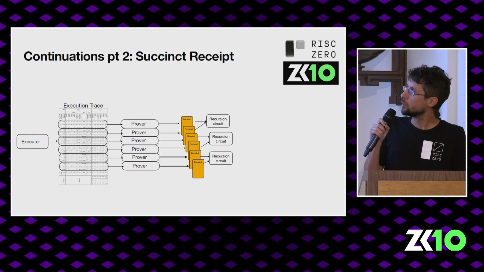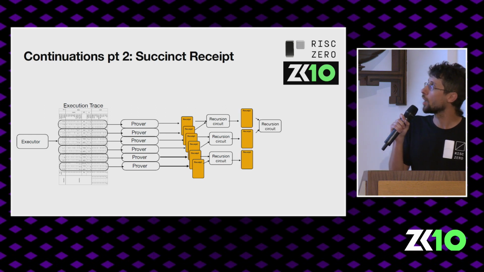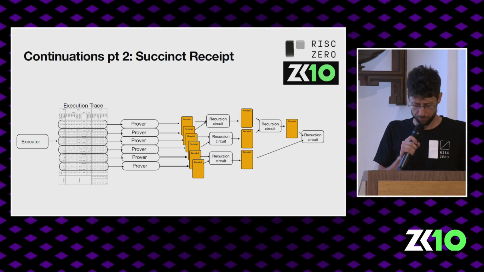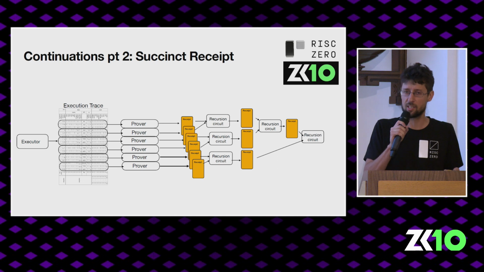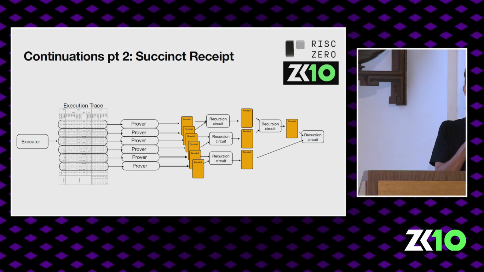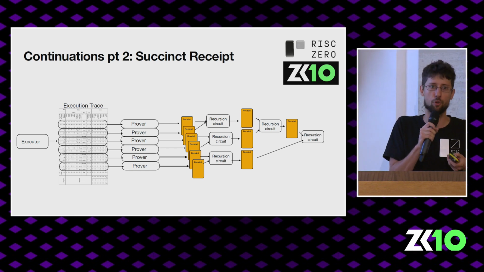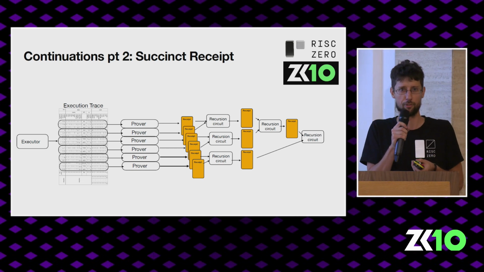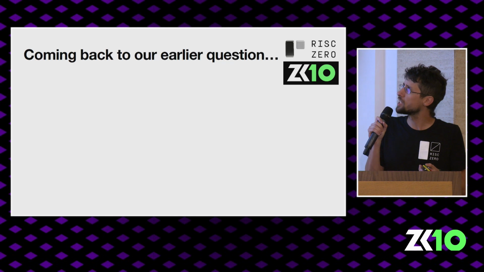And then we feed this into recursion in order to compress this into a single proof. So in some sense, this is still using recursion for proof aggregation, but I want to call it out as separate because it's proof aggregation for the purpose of incrementally verifiable computation. So in particular,